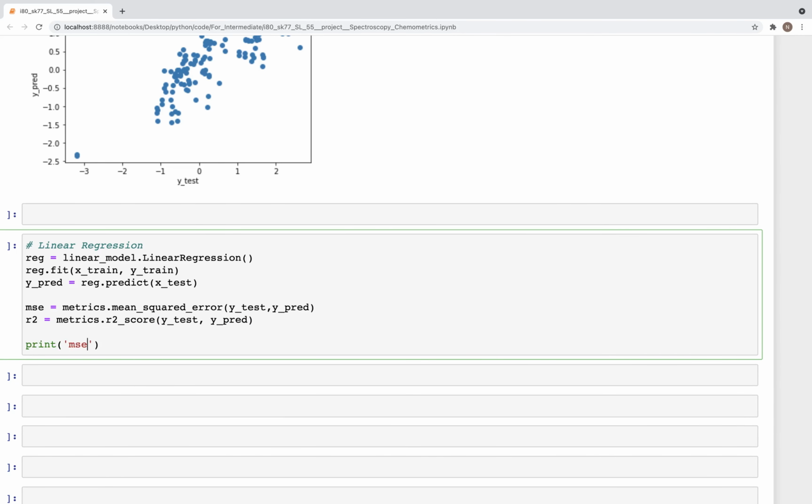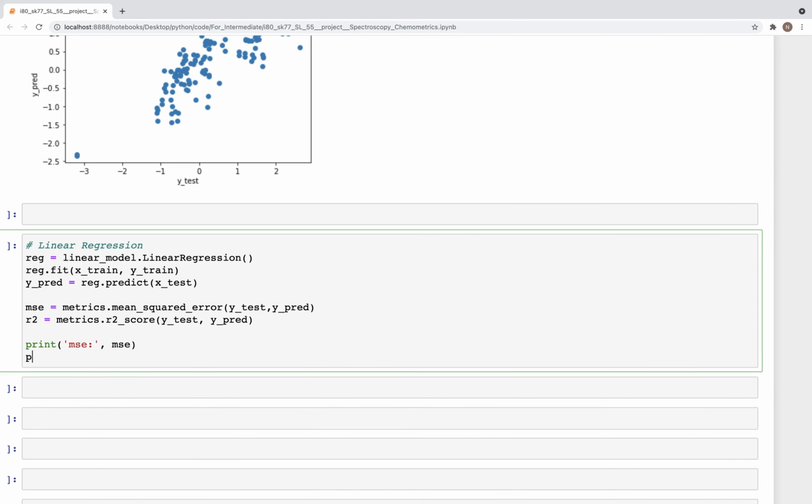So MSE is MSE, and then similarly print R2, and here we can have the value of R2 and also